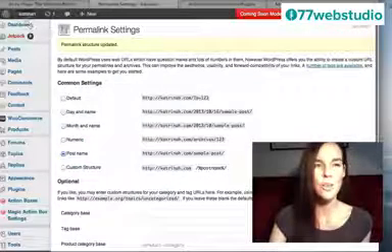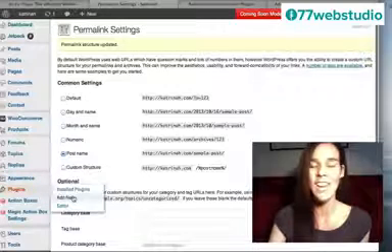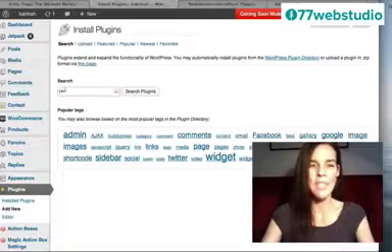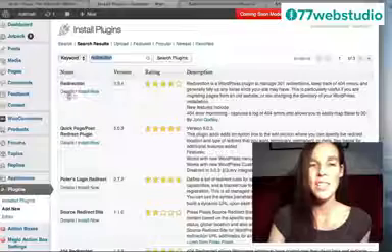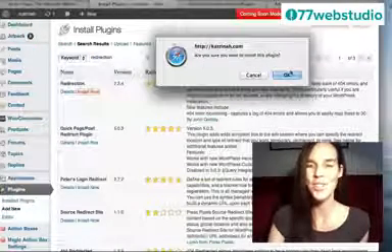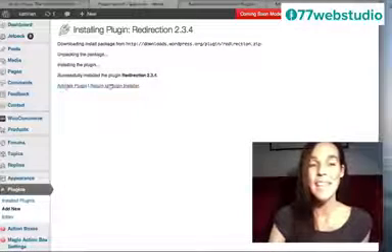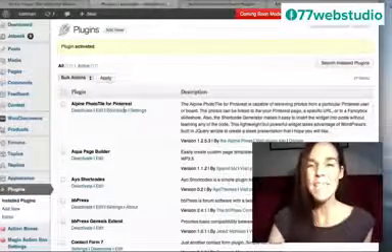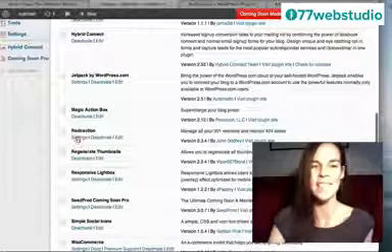So going to the website here I am on my dashboard. I'm going to go to plugins and click on add new. Then here in the install plugin screen, I'm just going to add in redirection and click on search plugins. Here we see redirection is the first plugin that pops up, so I'm going to click on install now. Are you sure you want to install this? Yes, okay. Once a plugin has been successfully installed, then we want to activate it by clicking on activate plugin. Once the plugin has been activated, then you can scroll down here to where it says redirections and click on